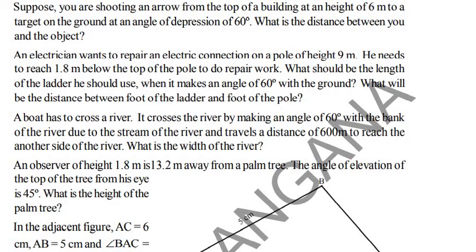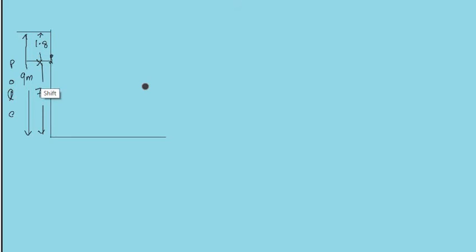What should be the length of the ladder he should use to reach, by making an angle of 60 degrees with the ground? He is using a ladder. He is not climbing. Okay. Just he kept the ladder like this. We use a ladder like this only, right? Making an angle of 60 degrees with the ground. This length they are asking. Up to here only he will keep the ladder, up to where he wants to reach. This is the ladder. Ladder is A. This triangle is A, B, C. Clear? What are they asking?